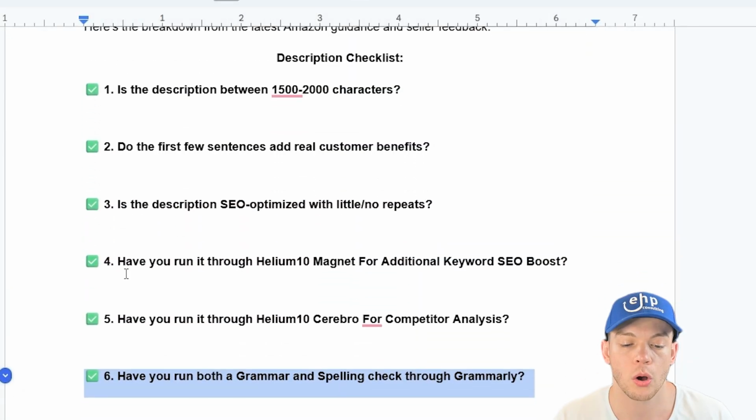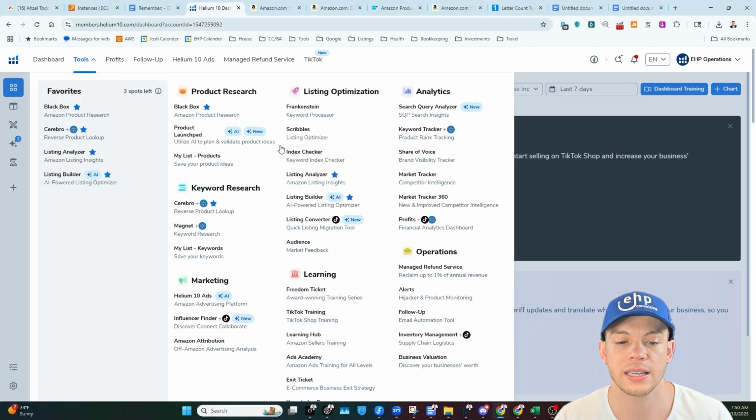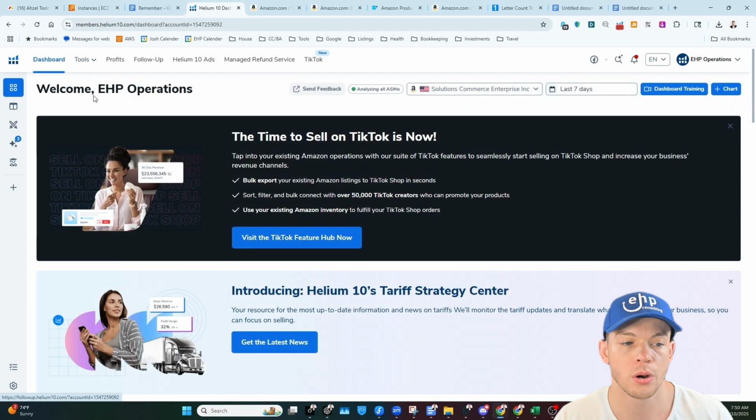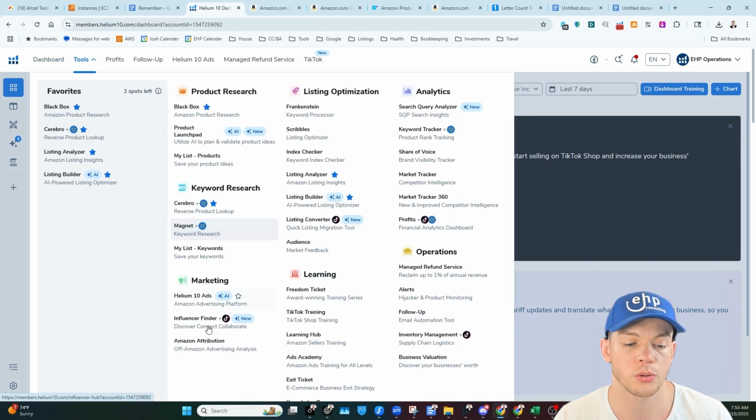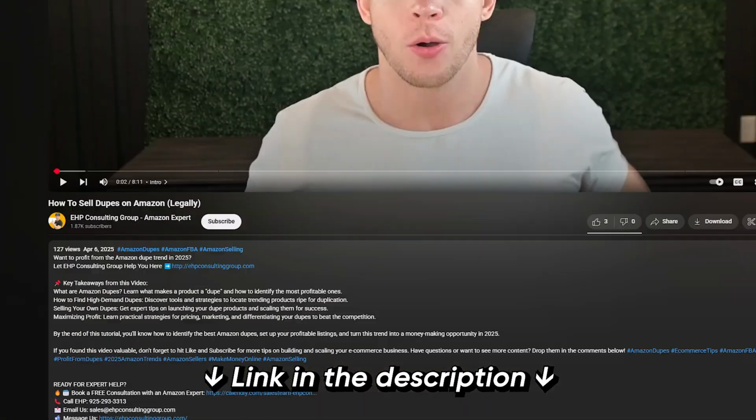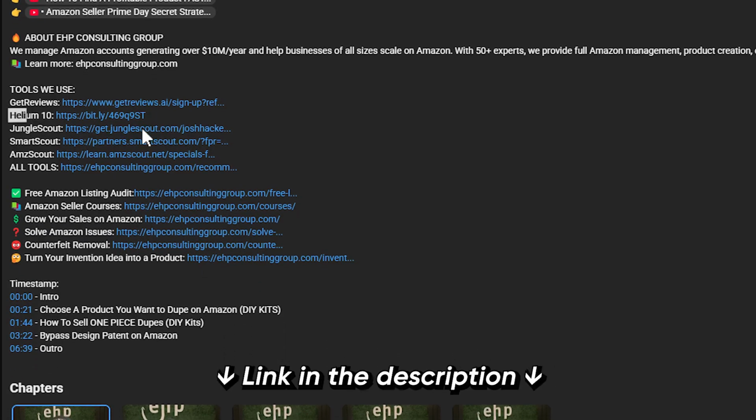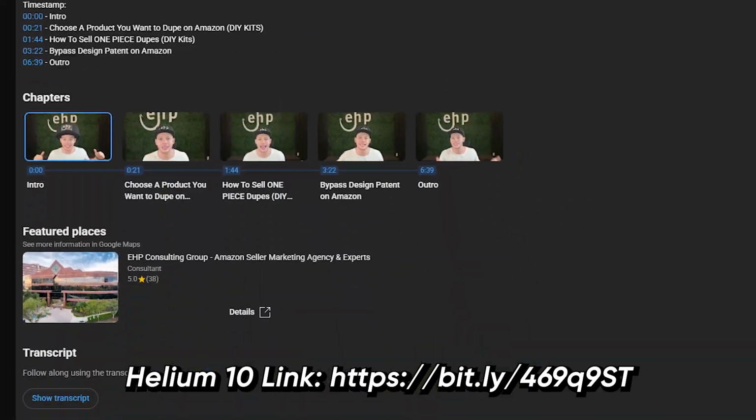So again, we're talking about Helium 10. This is Helium 10 if you haven't used it before, right? If we were selling tennis balls, you can just go to Magnet. There's also a link in the description for a free trial, but let's just do tennis balls